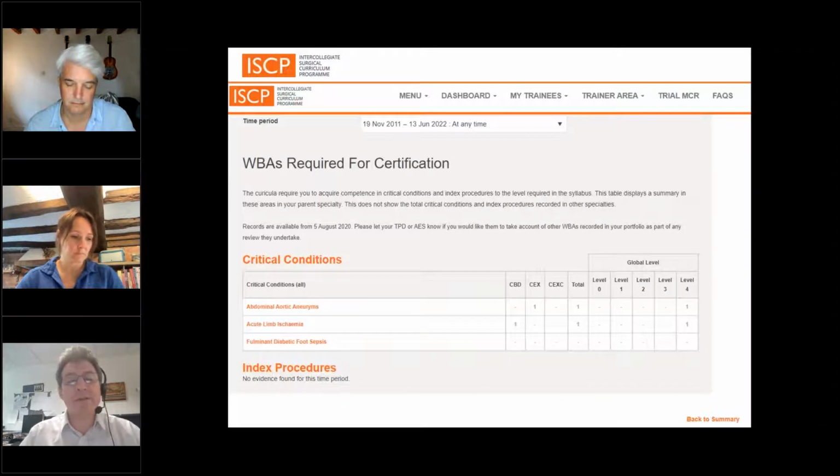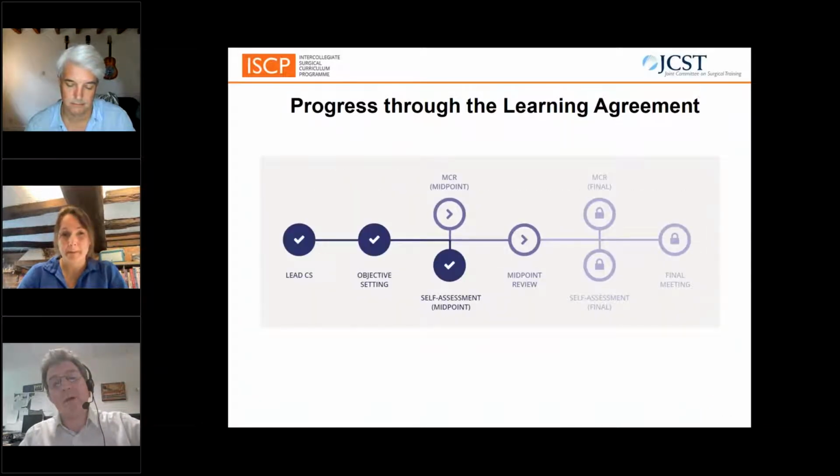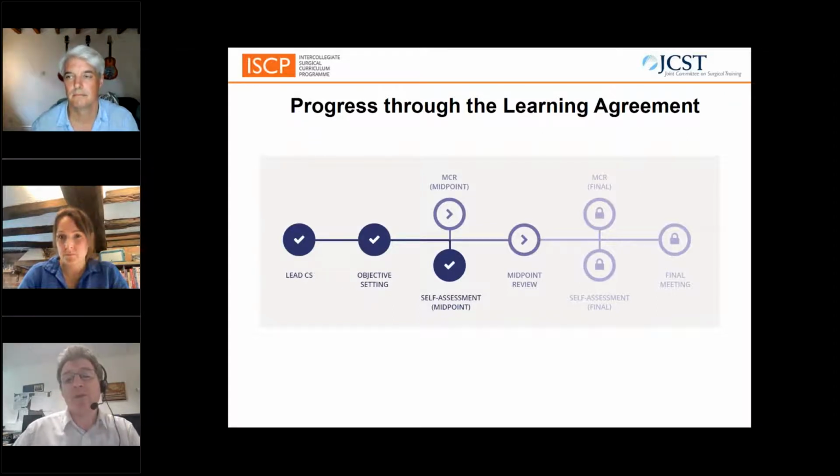As I just mentioned, the work-based assessments for certification are listed with a new certificate related to the trainees, accessible and visible at ARCP. The trainees will progress through the learning agreement. Once they've undertaken the objective setting, we'll be asking them to undertake a self-assessment, and this is when you as supervisors will be undertaking the MCR. The MCR is not driven by the trainees. It's the lead clinical supervisor that will be responsible for ensuring that this takes place, and we have been reassuring